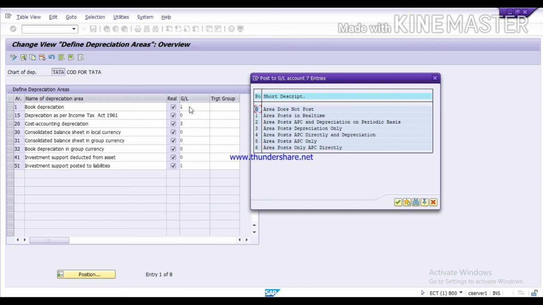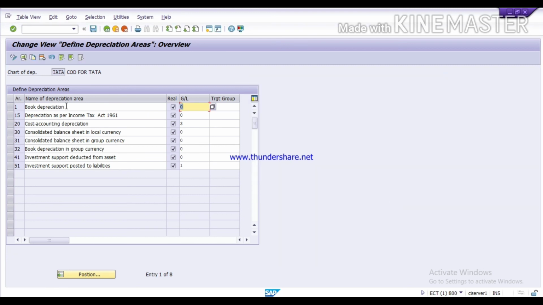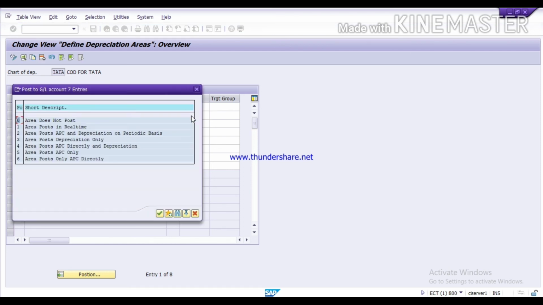So here it has taken the first number, that is area posts in real time. So we will select this one because it will calculate as per net book value as per our Company Act. And second one, depreciation as per Income Tax Act. So here it is 1 and here it is 0. You can see here also, press F4 key, and 0 is for area does not post, and 1 means it will post into the GL accounts.